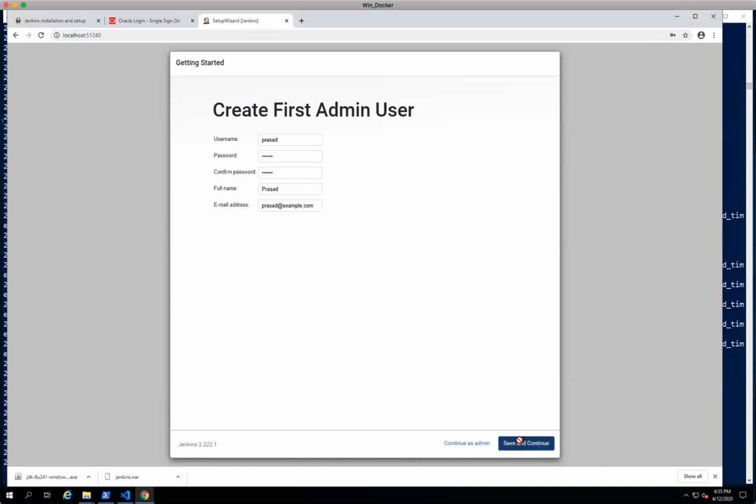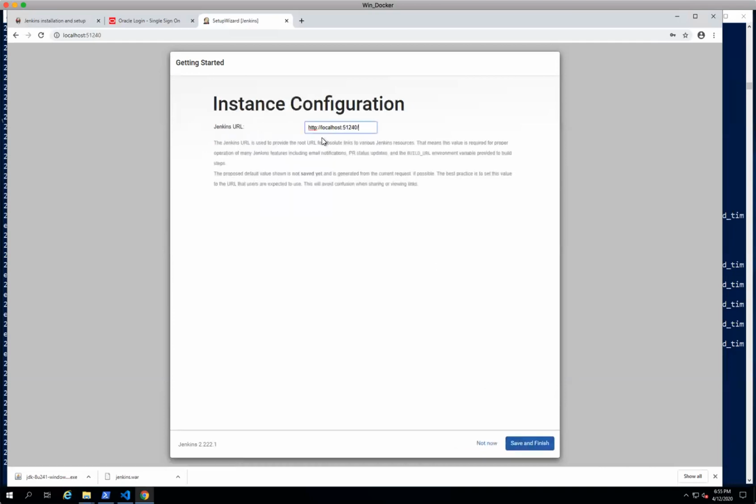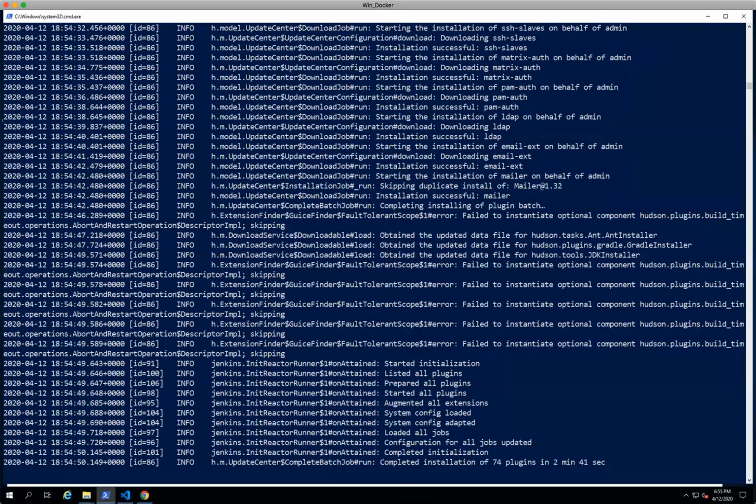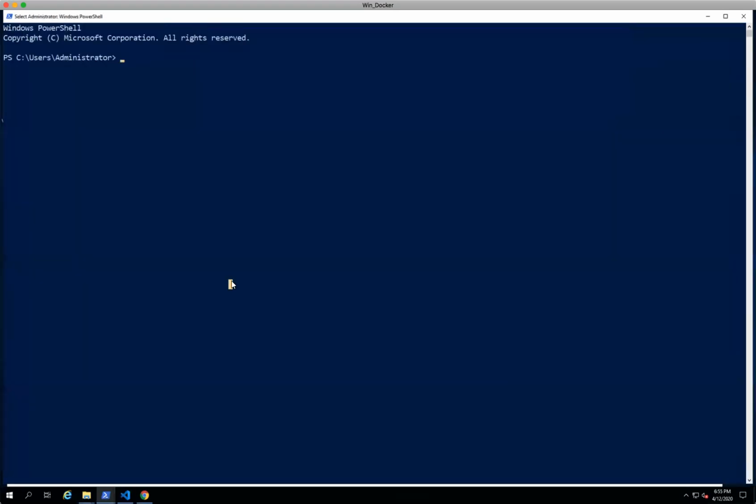Save and continue. And you can specify the Jenkins URL at this location, and we need to specify the private IP address of this operating system. Let's do one thing, ipconfig.